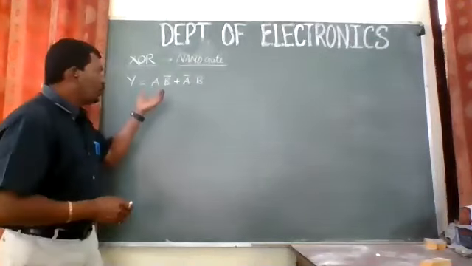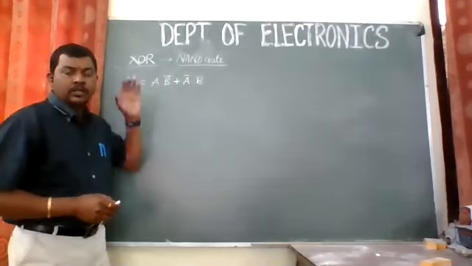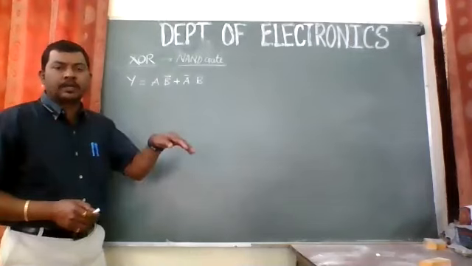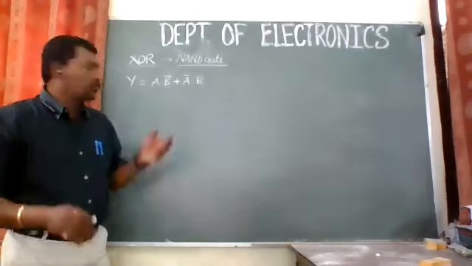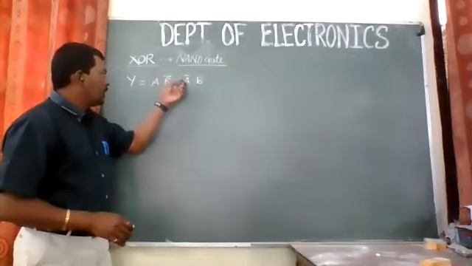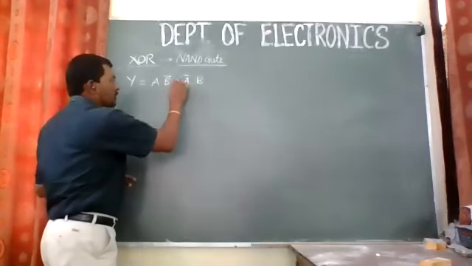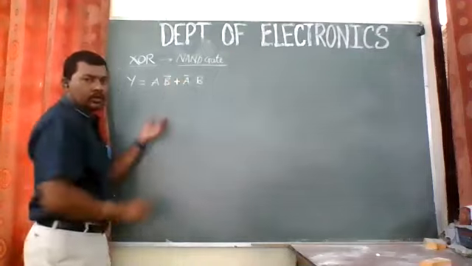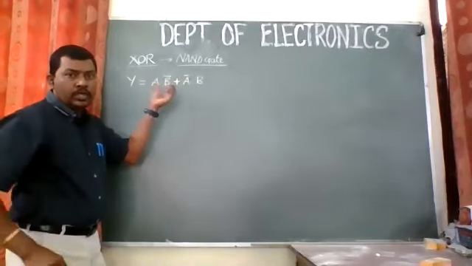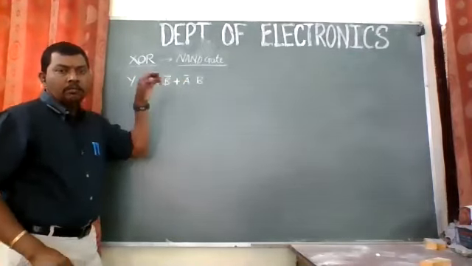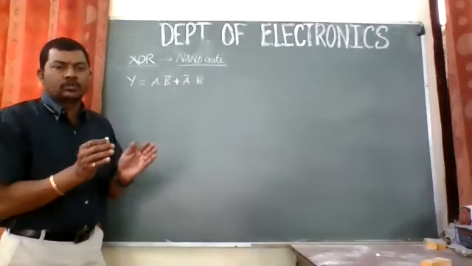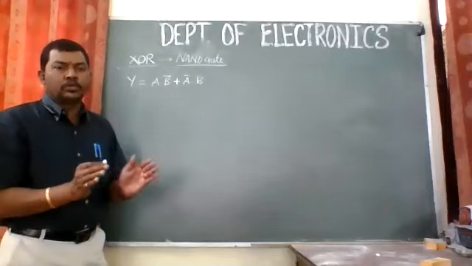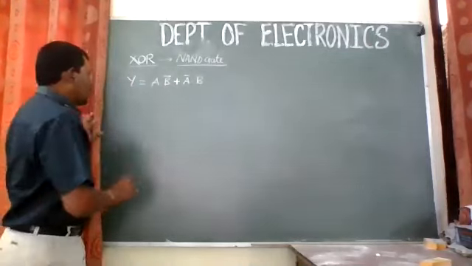For that, we need to convert this particular equation into the format in which we are expecting the NAND gate to be done. Since you are able to see here, we have the plus sign, meaning the OR symbol is there. So we need to replace this OR symbol by the dot product. In a NAND gate, we require only the dot products to be there, and then only will we be able to implement that circuit. So let us start.